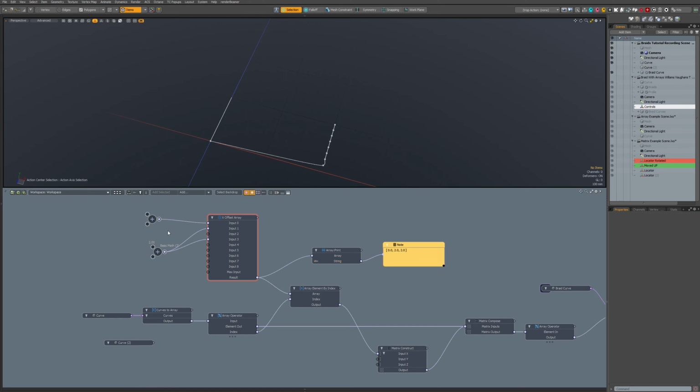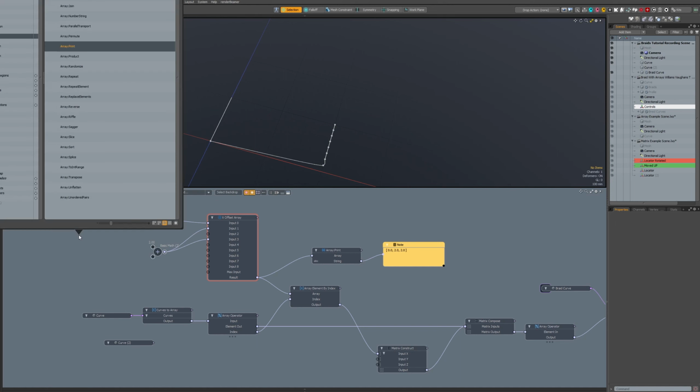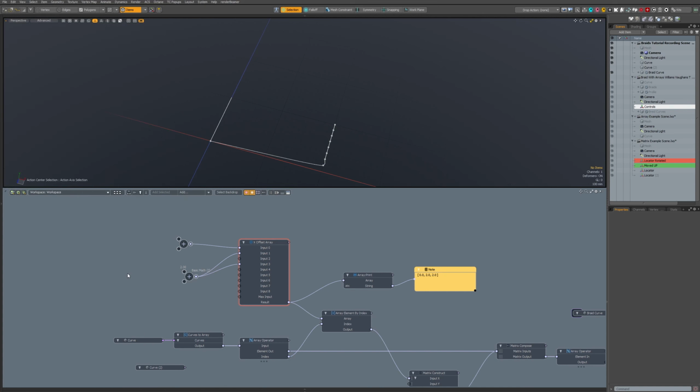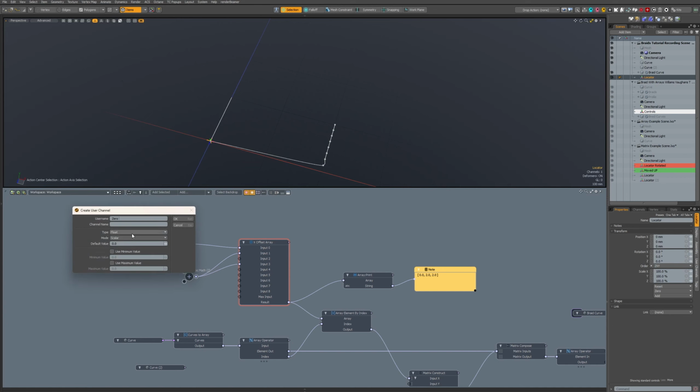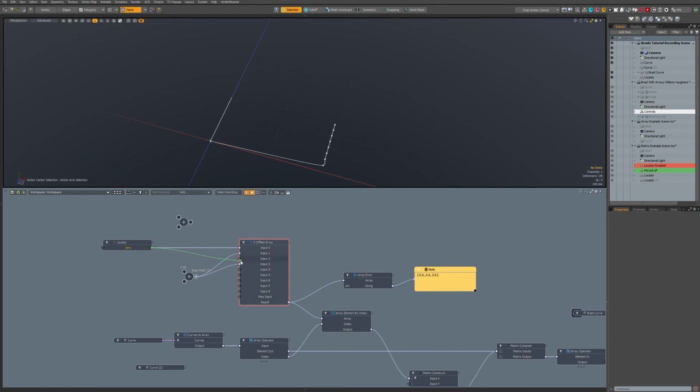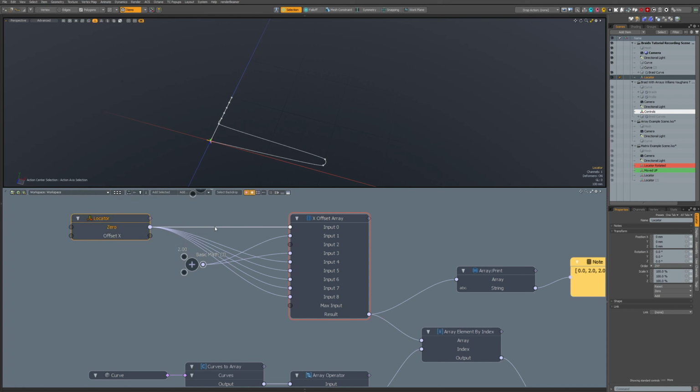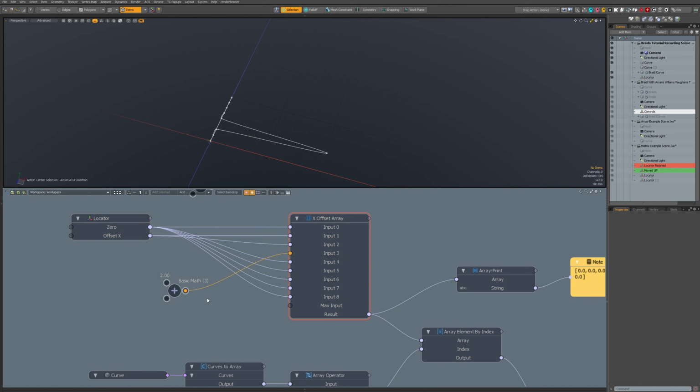So what we have to do is first connect those, but before I do that I'll make a locator where I store those values as user channels. So our first user channel is 0, which is just 0. So everywhere that there will be 0 we will add 0. I'll do it with each input. Now it's zeroed out. Then we need offset x and float, and this one goes to here and here, and this, no it doesn't, because